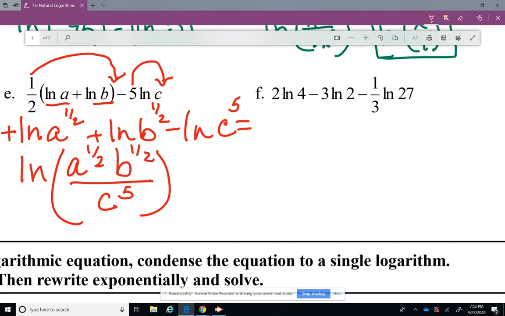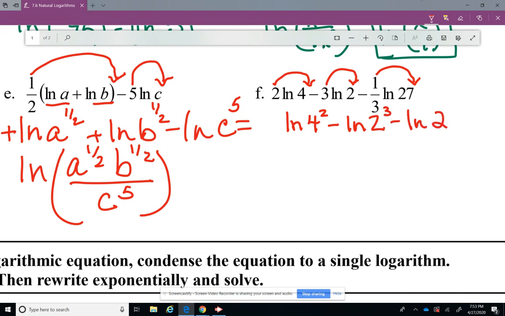All right, we know that the 2 is a coefficient. It's going to become an exponent. The 3 is a coefficient. It's fixing to become an exponent. And the 1/3 is a coefficient and it's fixing to become an exponent. So the natural log of 4 squared minus the natural log of 2 cubed minus the natural log of 27 to the 1/3. All right, we know that 4 squared is 16. And we know that 2 cubed is 8